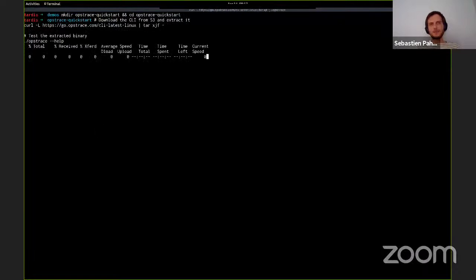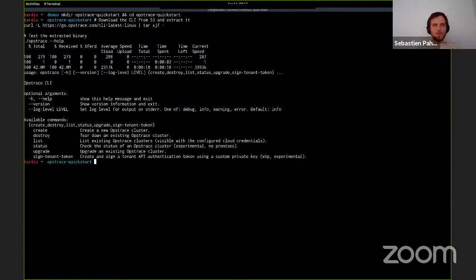This is a TypeScript CLI that is basically compiled to a single binary, with all the requirements in one place, so that you don't have to have a node install or any other complicated things on the end customer's or user's cluster or laptop. The simple CLI allows us to create, destroy, list, and upgrade clusters. This is the goal of the CLI.